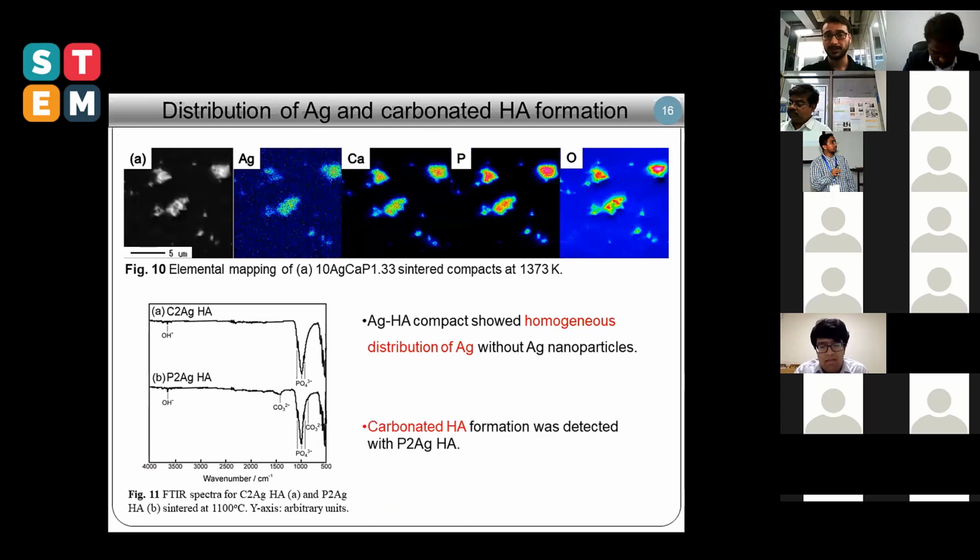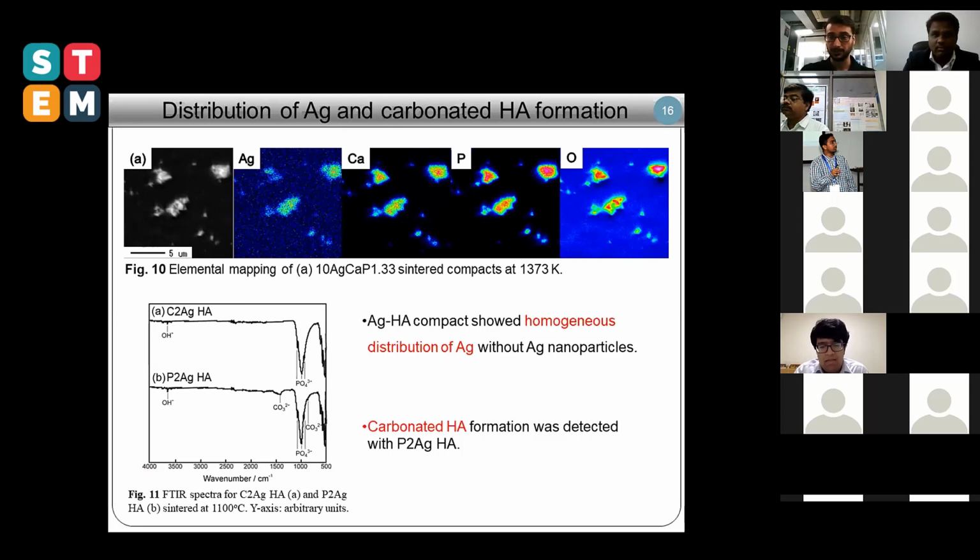When we follow the characterization of these sintered samples, here I show the sintered sample with the mapping for the chemical composition. So we can see the sintered particles still have the calcium phosphate oxide hydroxyapatite structure, with the elemental mapping showing a homogeneous distribution of the silver, which shows that it is not a cluster type, but atomically incorporated into the structure. As well as the chemical distribution of the silver, we could also get the effect of silver on the structure when we